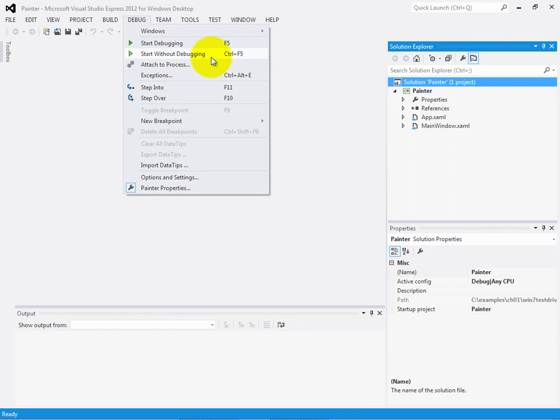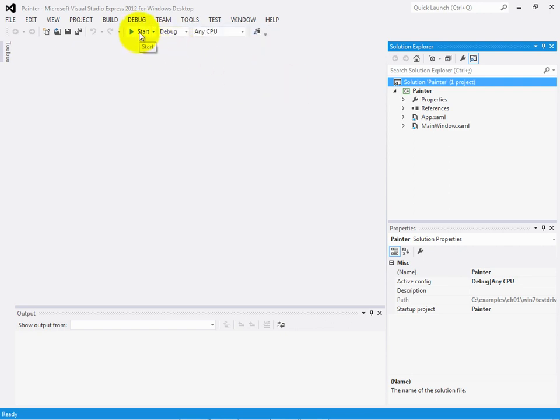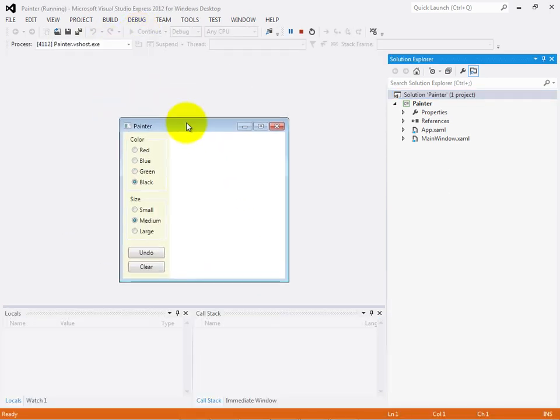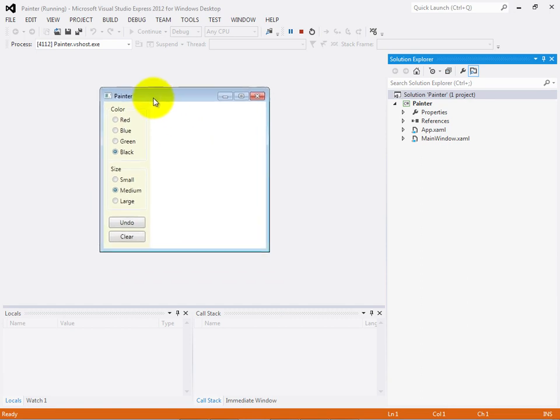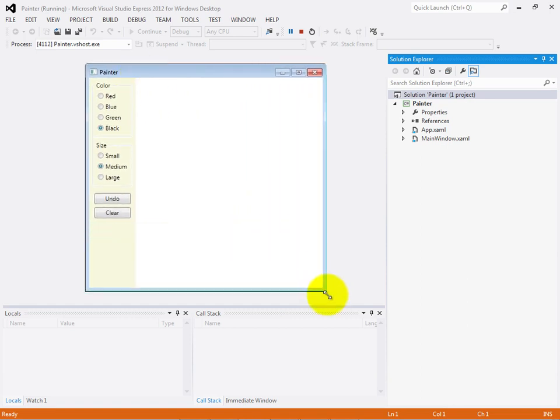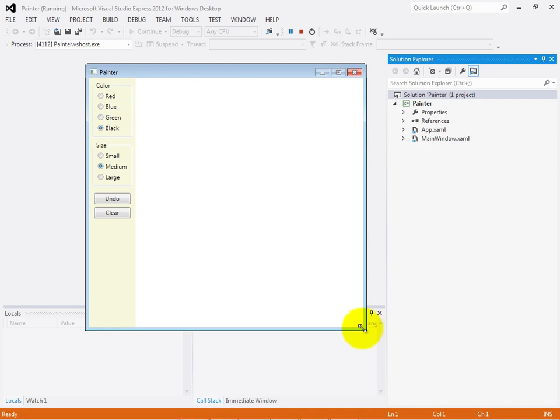If you use Start Debugging with a console app, what will happen is as soon as the app finishes executing, the console window, the command prompt window, will simply be dismissed. So in my case, what I'm going to do here is just click the Start button. This is a windowed app that has its own window that it executes in. It's a simple painter app, and this particular app was implemented using Windows Presentation Foundation, which is one of 3